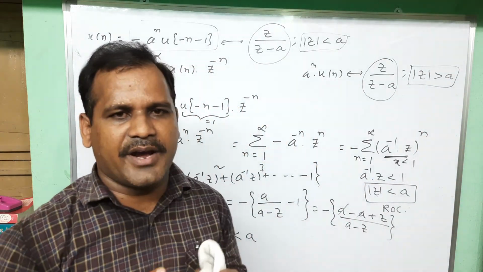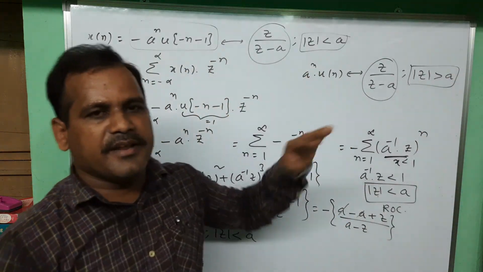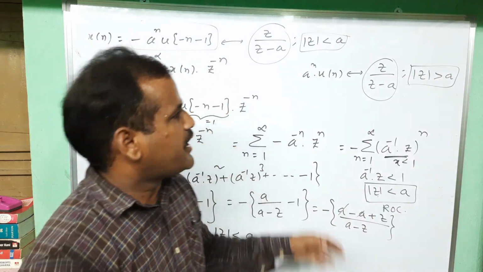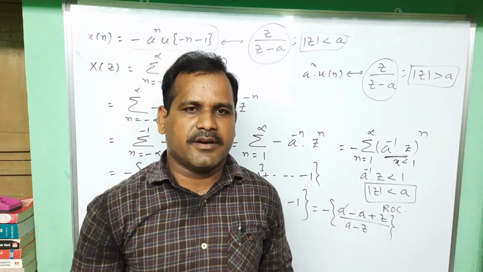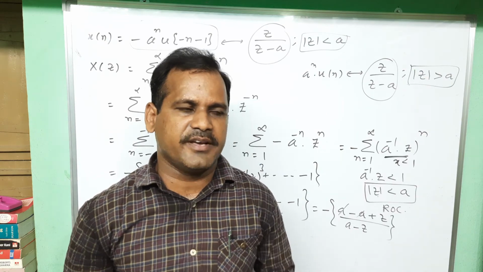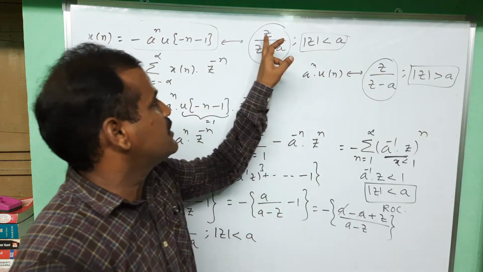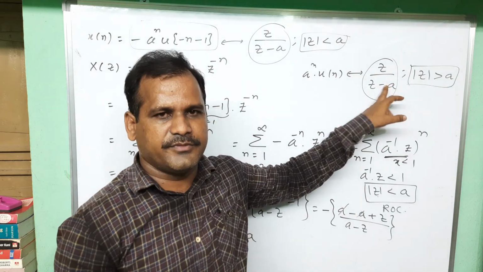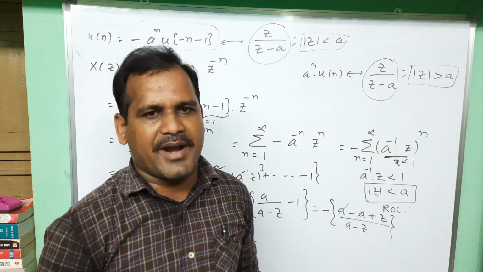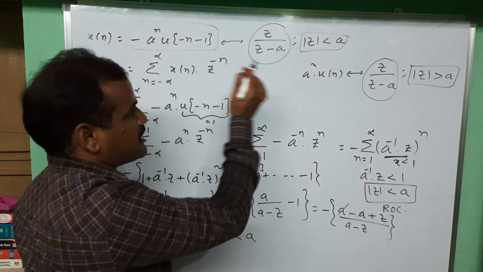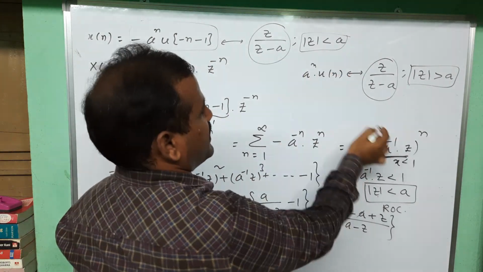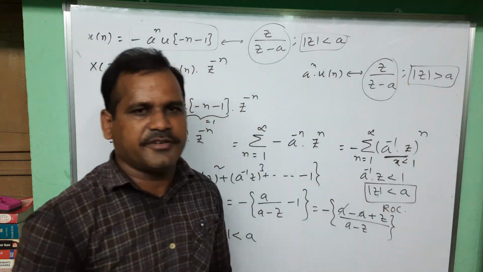Why I highlight these two pairs is that in inverse z transform calculations, I need to use these two pairs repeatedly. We have a lot of discussion in the inverse z transform case. With the help of ROCs only we can find inverse z transforms when both have the same z transform. These points we will discuss in future GATE practice videos. For the time being, let us write these two simultaneously and compare the ROCs. That's enough. Thank you.